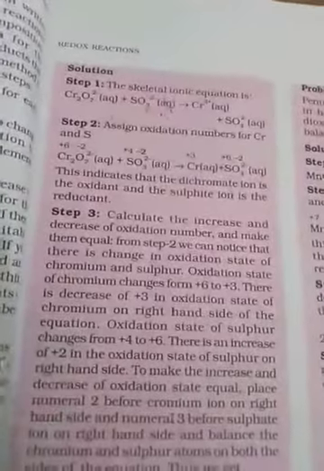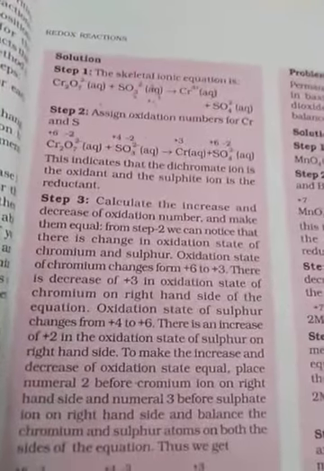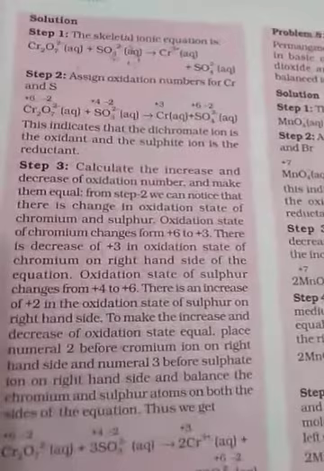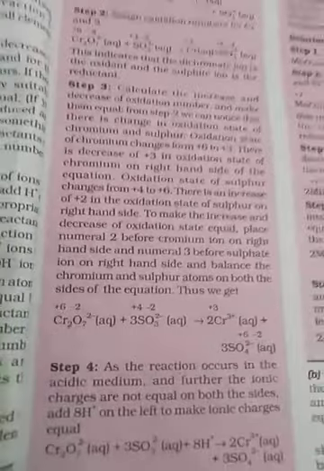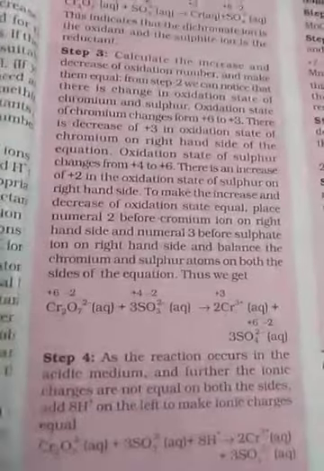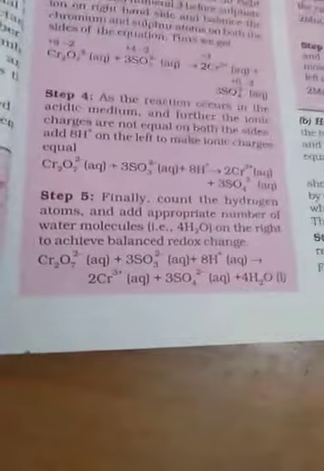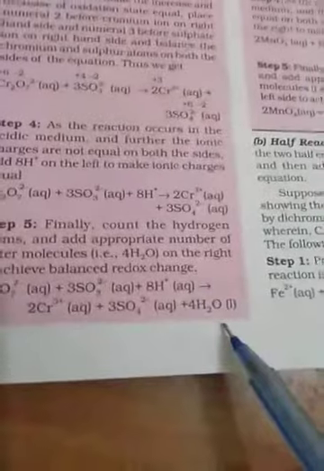Okay. So I hope, again I am going to repeat. In the first step you have to write the equation. In the second step you have to show whether it is oxidized or whether it is doing reduction. Then in the third step you have to count the numbers and balance. In the fourth step you have to add the hydrogen number. In the final step you have to write the water molecules on the left hand side or the right hand side. Here we balanced with H2O on the right hand side.